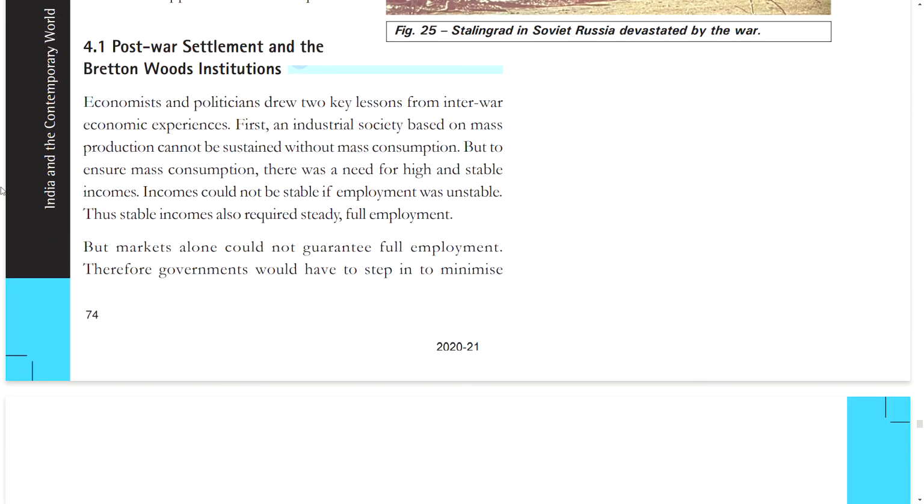Post-war settlement and the Bretton Woods institutions. Economists and politicians drew two key lessons from interwar economic experiences. First, an industrial society based on mass production cannot be sustained without mass consumption, but to ensure mass consumption, there was a need for high and stable incomes. Incomes could not be stable if